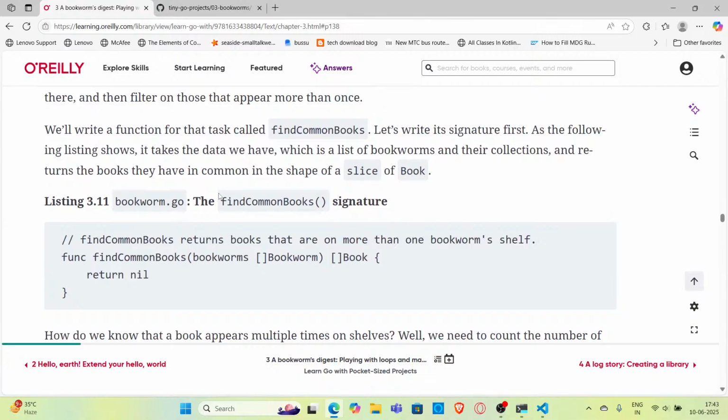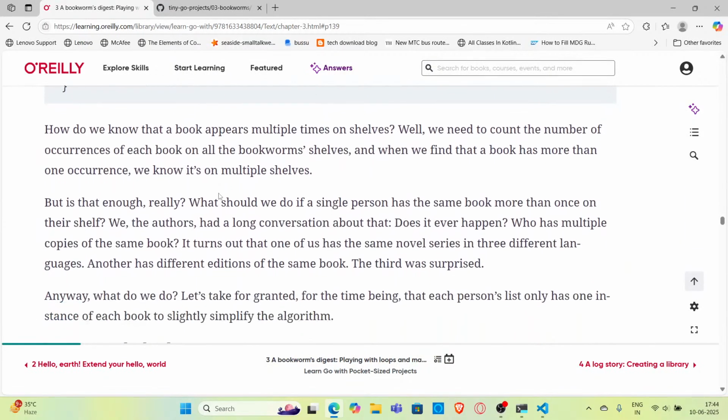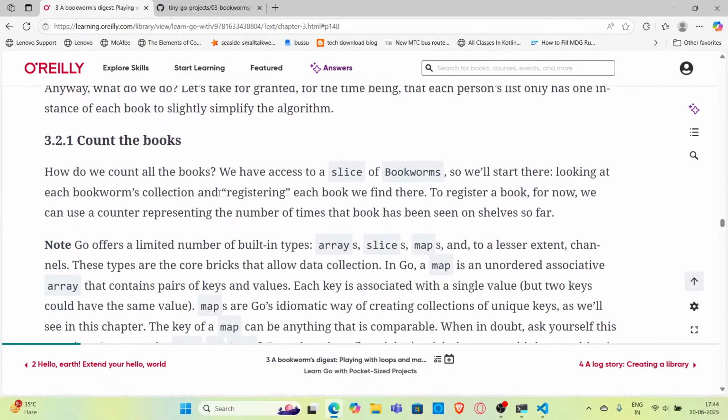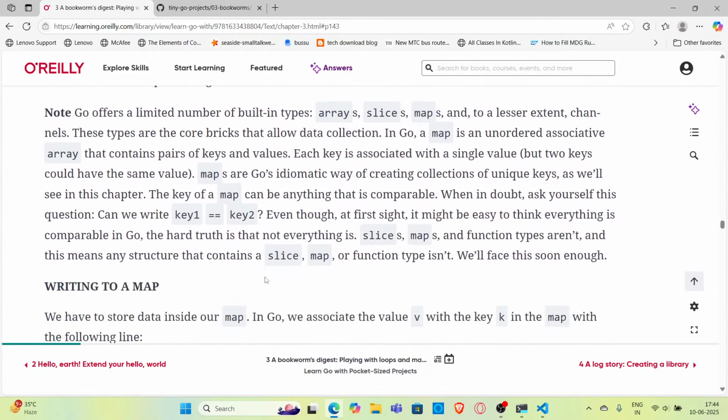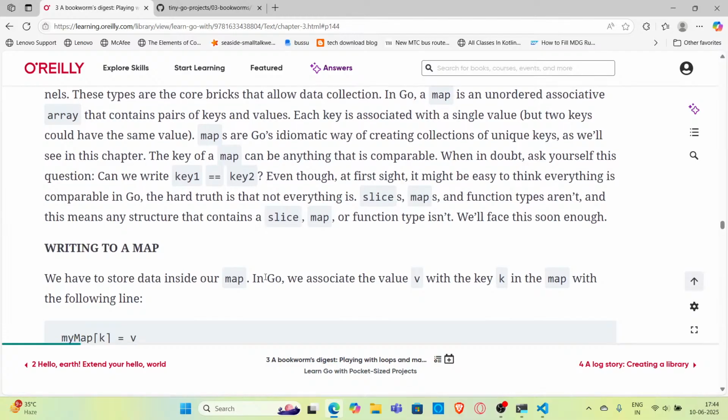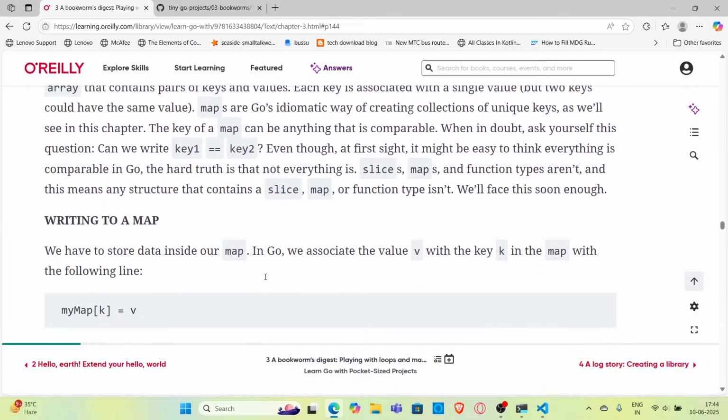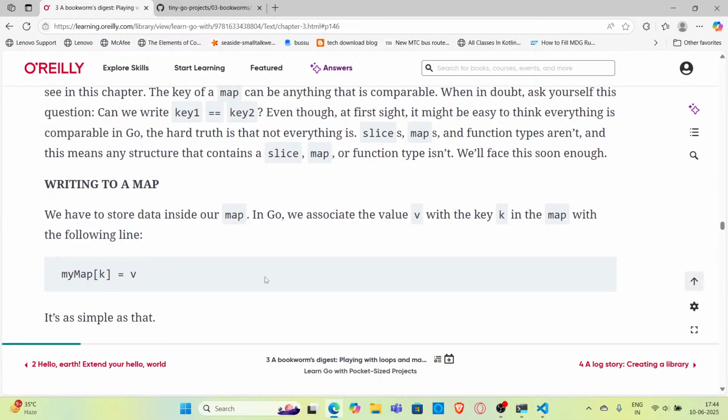They are discussing how to find the common books. For finding the common books, we have to count using a map. They are creating a map and counting how many times each book has come. While we are iterating through the bookworms collection, we count how many times each book has been read using